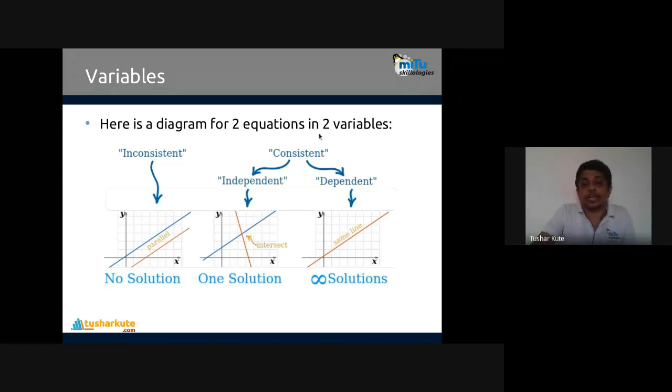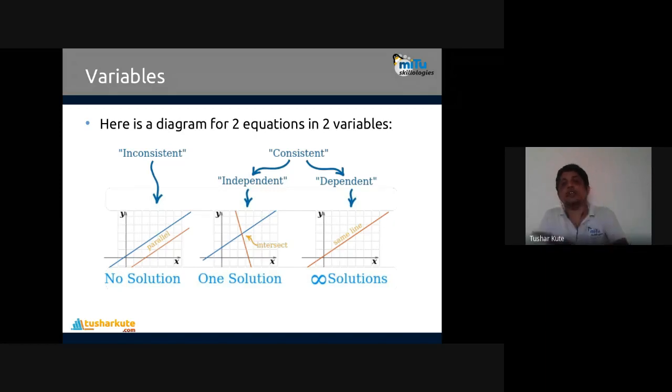This is the diagram of two equations in two variables, one on the x-axis and the other on the y-axis. This is where inconsistency will be there. The lines that you are plotting are exactly parallel to each other. Remember, they are inconsistent equations. There is no solution to them. You can see that their y-intercepts are different. If you plot these lines in parallel, they are inconsistent equations. They don't have any connectivity between them, and no solution is provided.